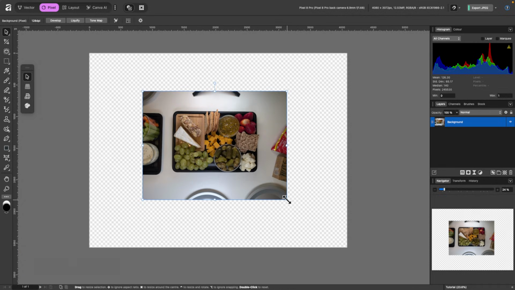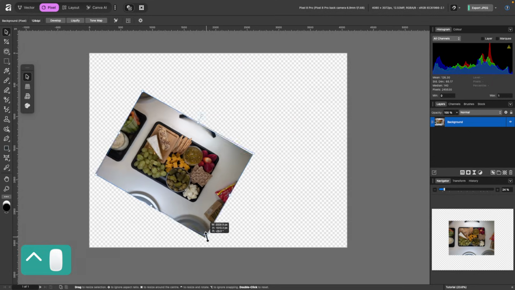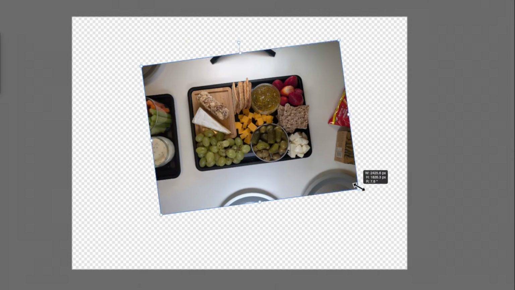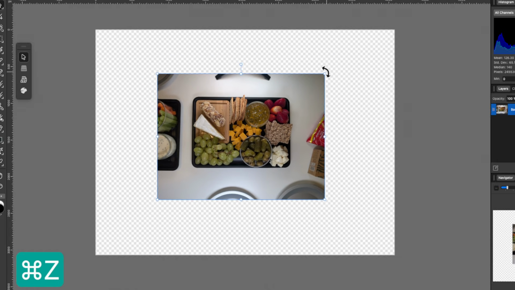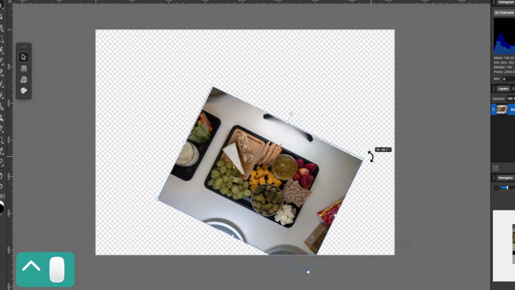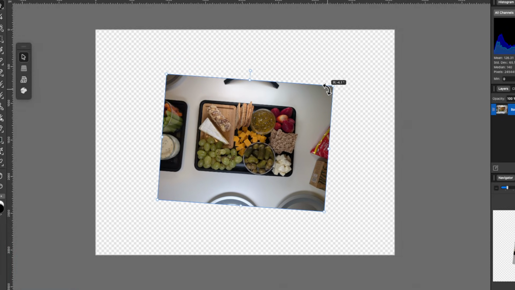And if I click and hold this corner here whilst holding Control on the keyboard, you see it kind of rotates from that top left edge. And you know what will happen if we do it from any other edge. Let's do it now. There we go. It rotates from the opposing side.